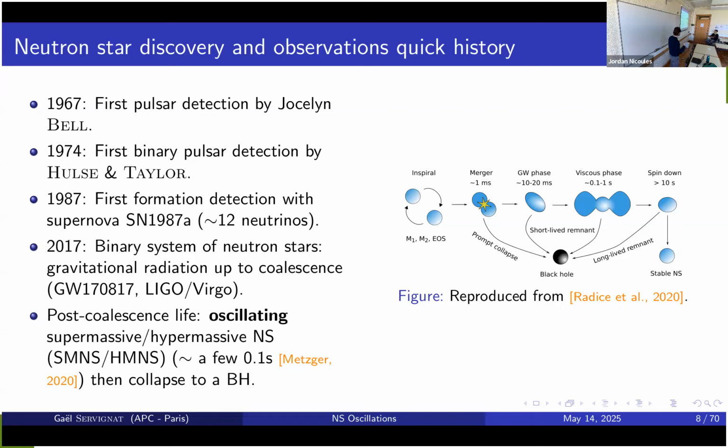But thanks to its rotation, because in this merger event a lot of things happen, and this is even more cataclysmic than the collapse of the star. It can be supported for a few tens of milliseconds, where it will emit a lot of gravitational waves. Then viscous effects will take over, and maybe if we are lucky enough, in the end it can go to a stable neutron star. But at every step, this might collapse to a black hole. Anyway, the point is, we want to detect the gravitational wave signal from this stage.